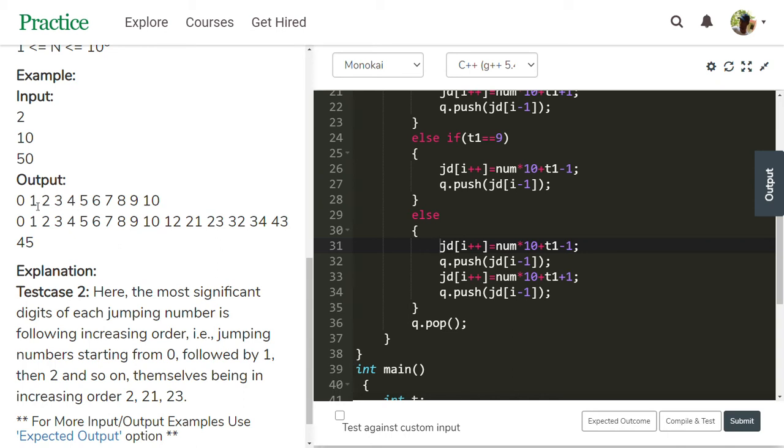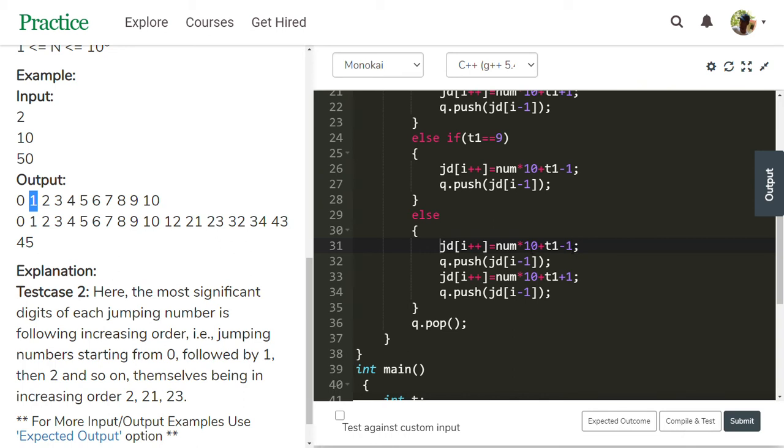We have 1. Then you need to multiply 1 with 10 plus t1 minus 1. 10 plus t1, t1 is 1, minus 1, is 1.